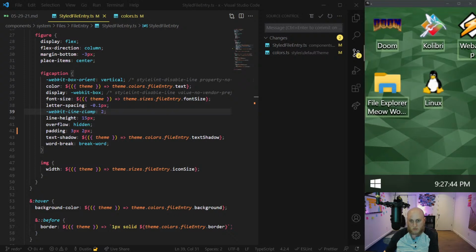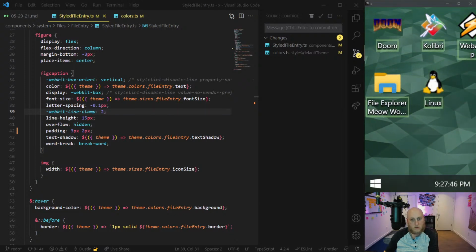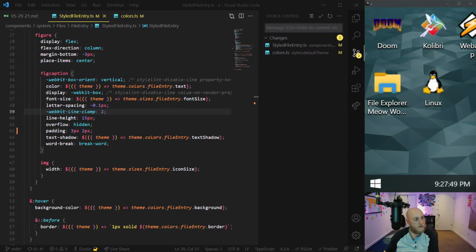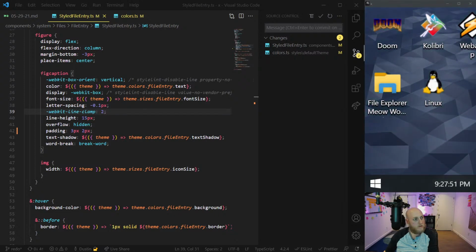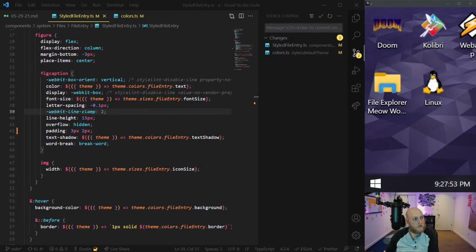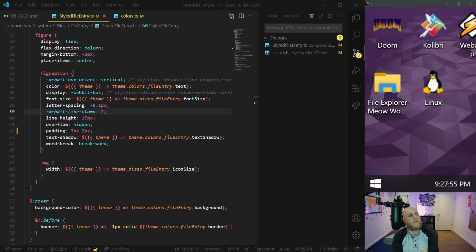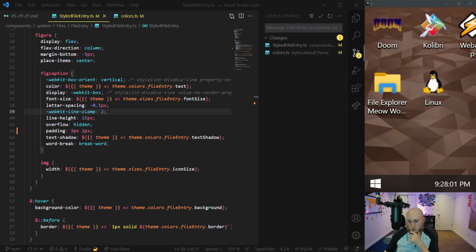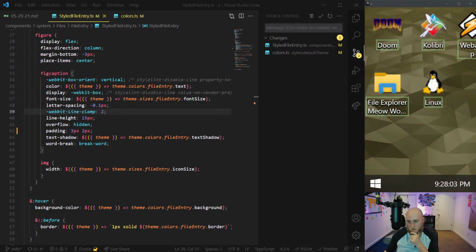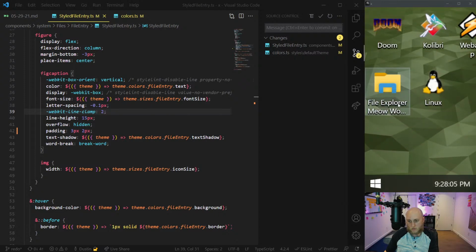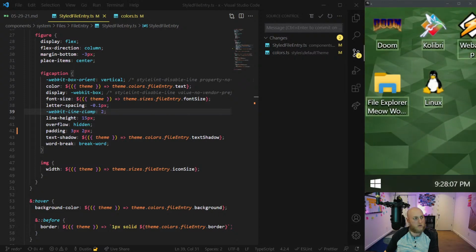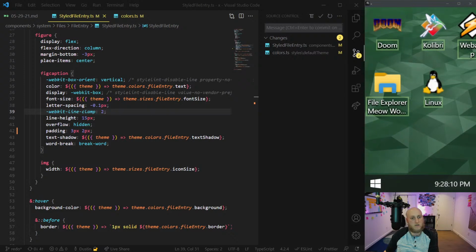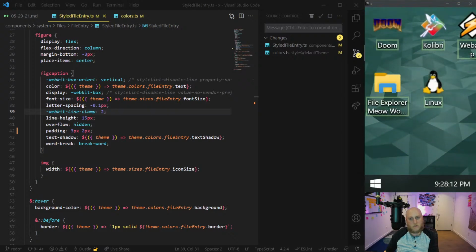I wonder if that's something that padding here could have helped. What if I increase the padding on the top and bottom? No, that makes it worse. Oh, interesting. If I do the top and bottom padding as well, I feel like that's better. So maybe I should have just done 2 pixels for everything here. I just get concerned about if I've lost the accurate height. Well, I think 2 pixels is better. So let's just do 2 pixels all around instead of 3.